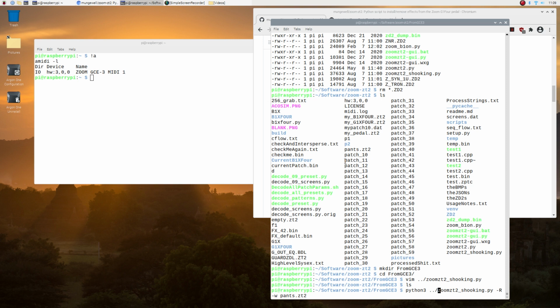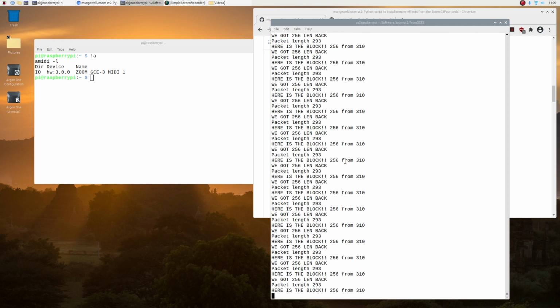So my version of the script was not so much forked, but borrowed from an earlier version of Manjul's. And I then looked at pulling out the bitmaps and pulling out the full FX IDs, the GIDs, and then the whole patch, not dump, but the constituents of the patch. Okay, and you'll see what I mean in a minute. Let's just let it run. So we're going up one to find zoom and then -rw pants.zd2. I need to talk to Manjul about my code, it's not as good as his, so is there anything you can do to take any of my stuff? Let's just hit it without further ado.